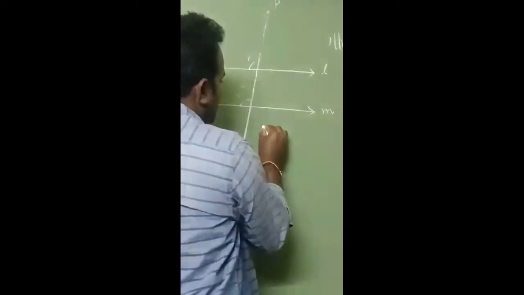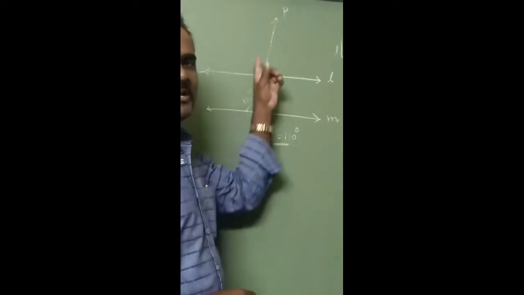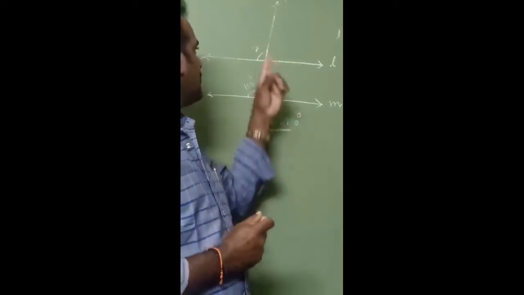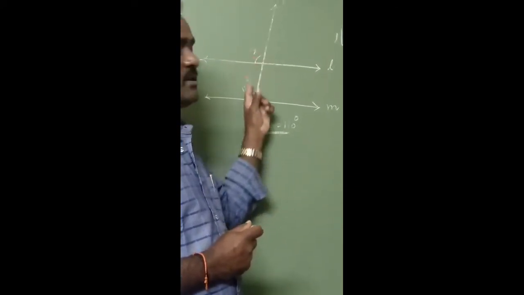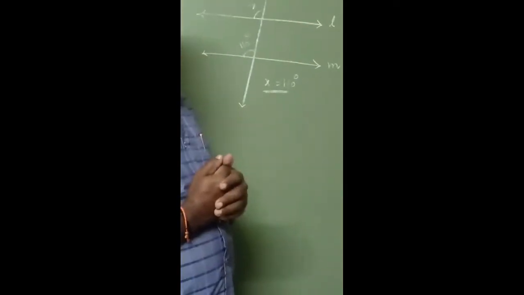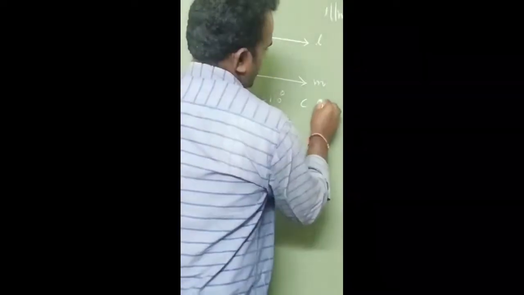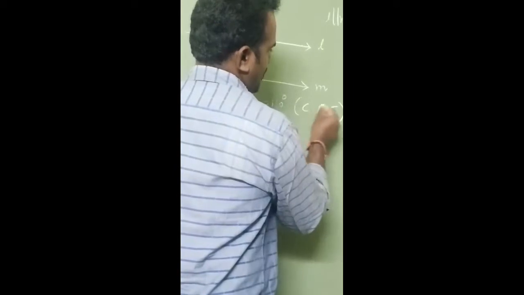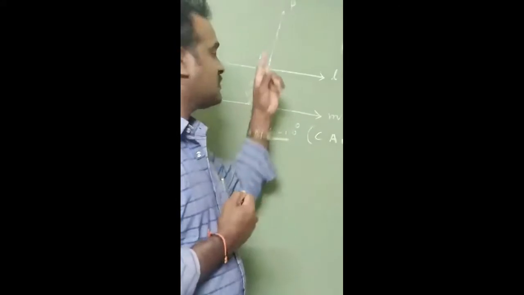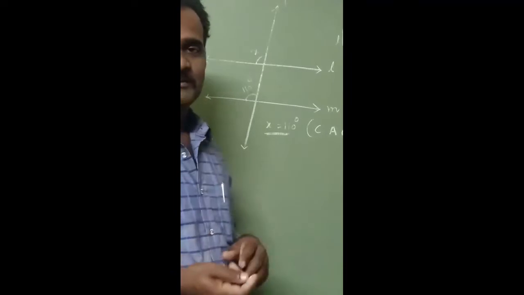And this angle x is equal to what? The value 110 degrees. The corresponding angles are on the same side of the transversal, one is interior, one is exterior. So the corresponding angles are equal. So x is equal to 110 degrees. Corresponding angles are equal, with one exterior, one interior, on the same side of the transversal.